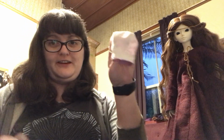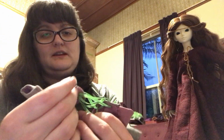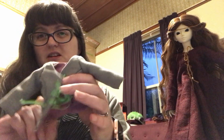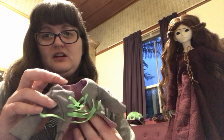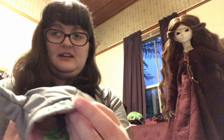So the pattern was for this skirt and this little peplum jacket, which I didn't actually do quite right, because I think these bits are supposed to line up to the edge of the jacket, but I think it actually looks pretty good. And it's fully lined, and I hand sewed the entire thing, and I did the